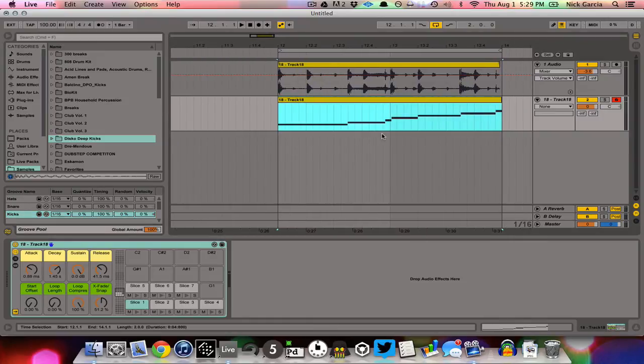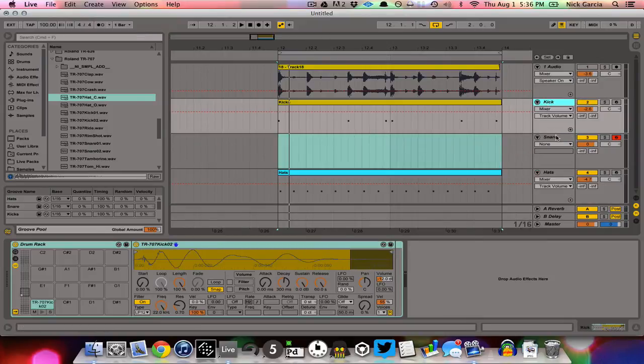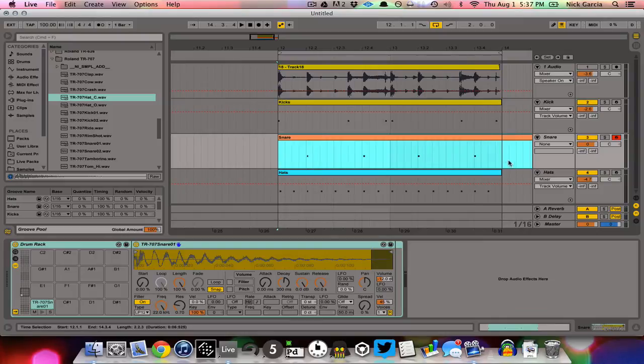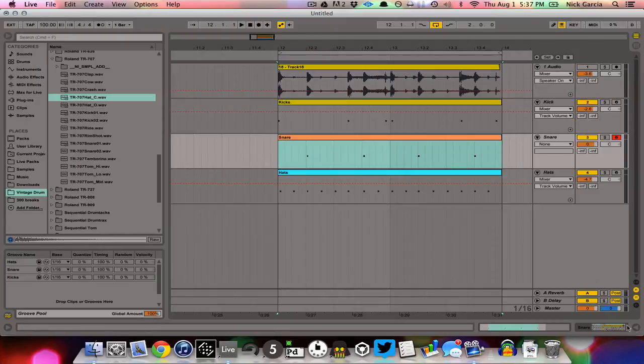So now what can we do with this? Here's a little example. I've got three drum racks set up, each one with a sample on it. And what I've done is I've basically just dragged these MIDI files now from the groove pool directly onto the tracks, and you see it just puts in the MIDI notes. So now if we go and play this,